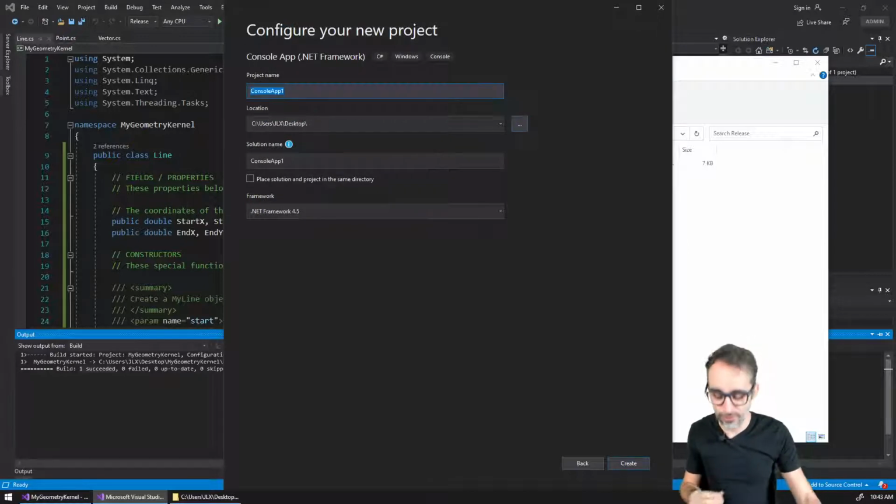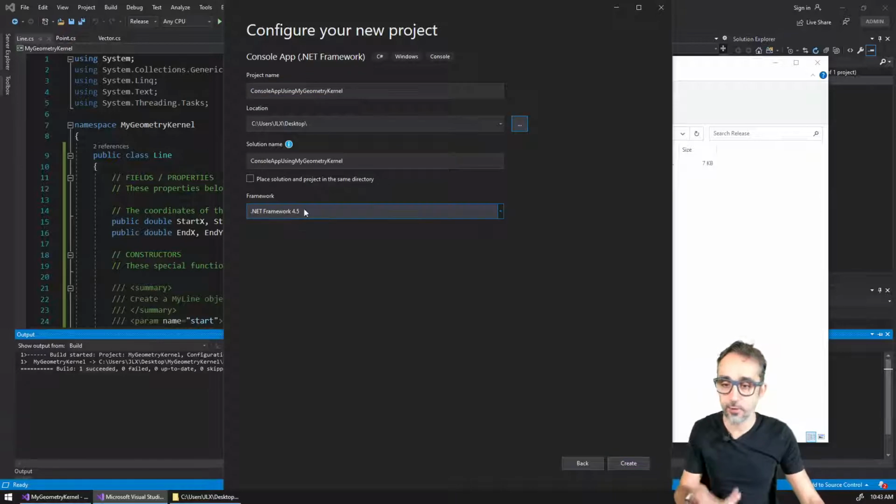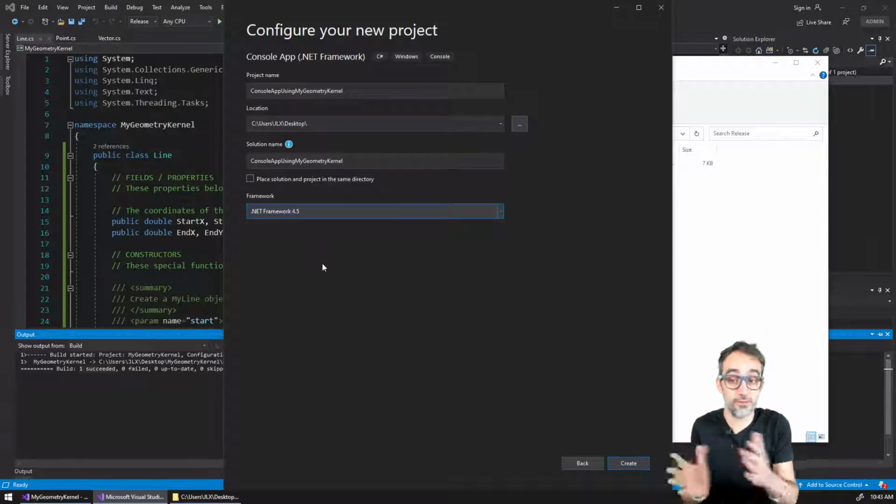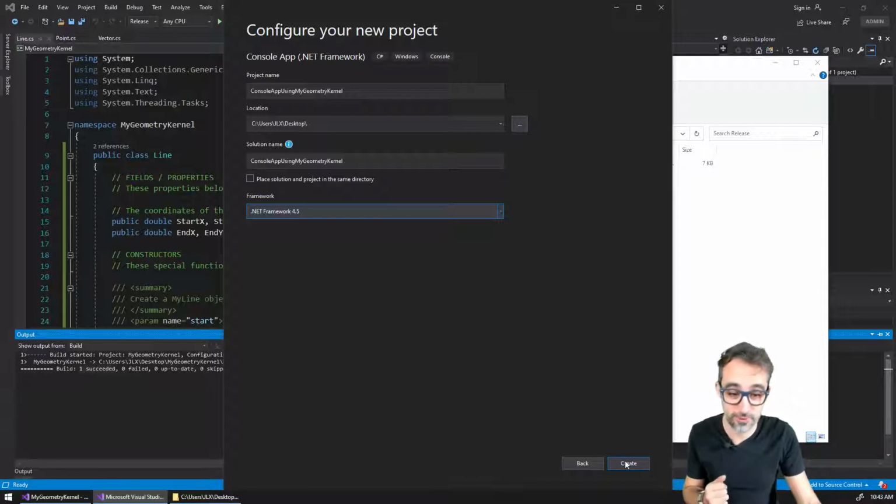And then I'm going to call this console app using my geometry kernel. All right. And then also 4.5, because my library was 4.5, I'm just going to use the same version for both. Okay. Now,